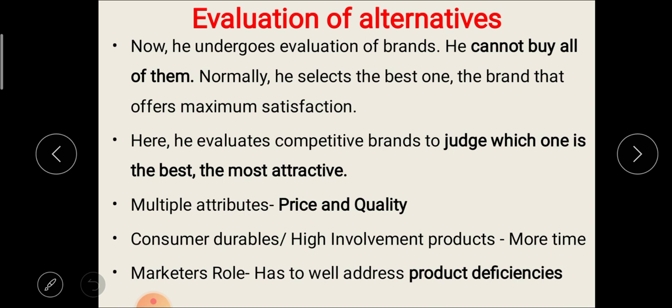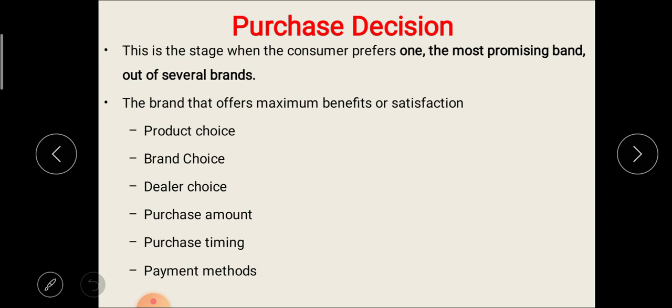So this is the next step, that is evaluation of alternatives. In this stage the consumer selects the better one or the best commodity among the alternatives available. Okay, after that the next step, that is purchase decision. Okay, so this purchase decision is actually implemented. However, a consumer needs to select both specific items, that means brands, and specific outlets, that means where to buy, to solve this problem.